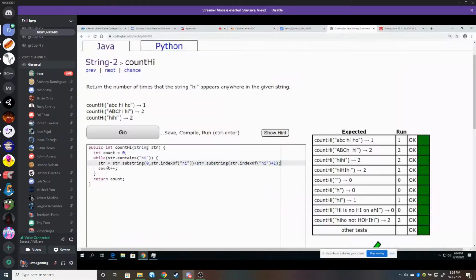Okay, so you find the first string, and you basically just get rid of it in the new string. So you keep eliminating strings. What a really cool solution.